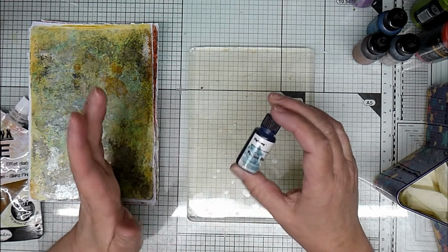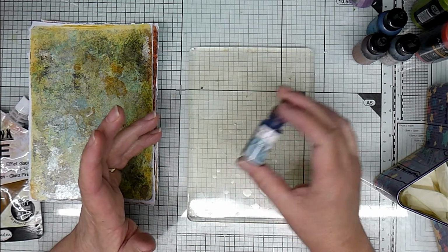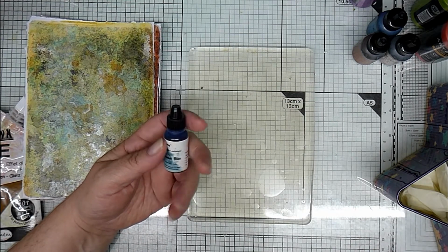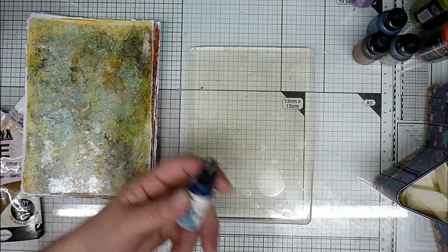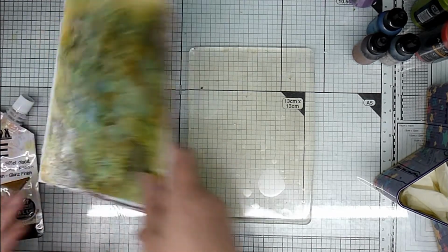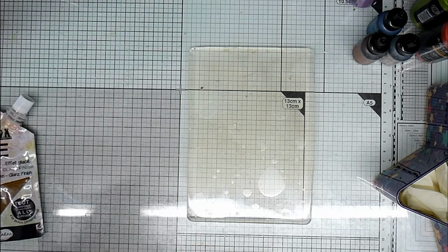I presume they're Chinese, Japanese, something like that. But I got them in a set, as I say, and there's a lot of different colours. So I'll be using some of those. The other supplies that you'll need